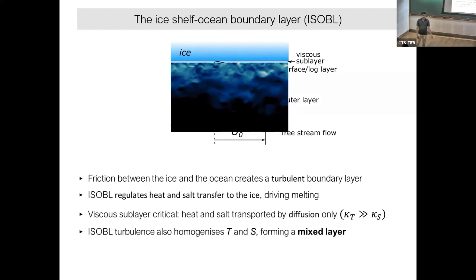So if ice melts, what do you expect? What will happen for one scalar, and the other scalar? First, the temperature. What is the temperature next to the ice compared to the free stream? Say the free stream temperature is 2 degrees, and next to the ice, is it lower than the free stream or higher? Lower, right? That means it will be close to the freezing point.